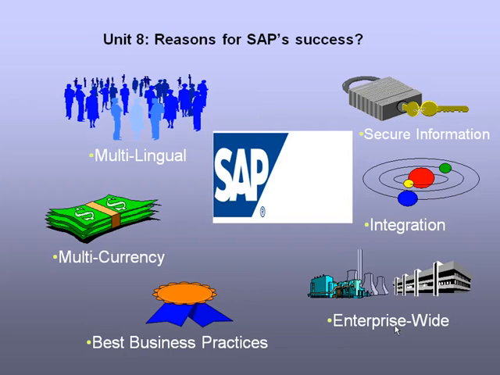Then there is something called best business practices. Let's say you are implementing SAP for a banking company, ICICI. In banking, you have got different MNCs and local companies: State Bank of India, ICICI Bank, Citibank, Standard Chartered Bank, whatever banks. When I am implementing a process, as you might know, for example, one application called